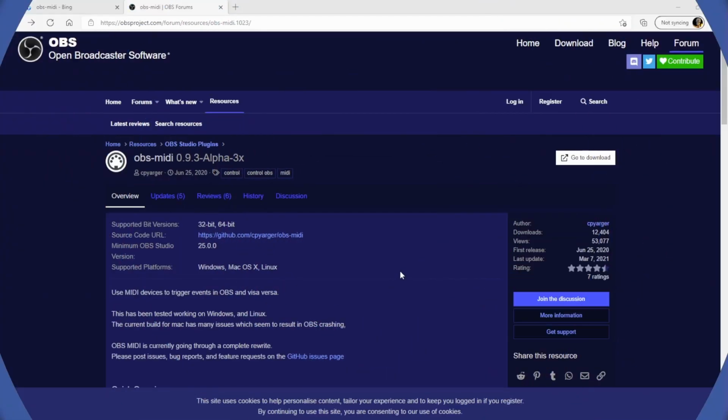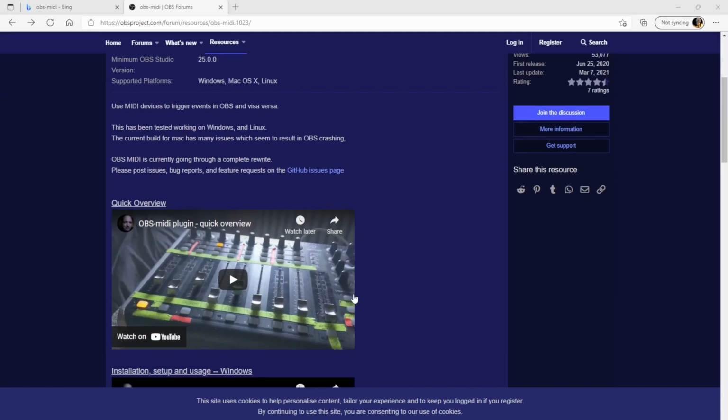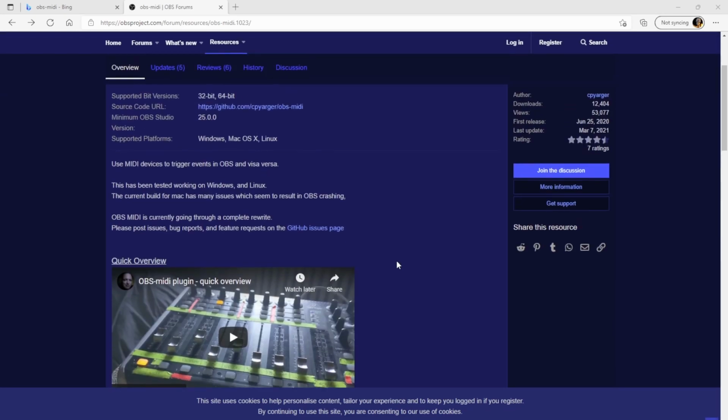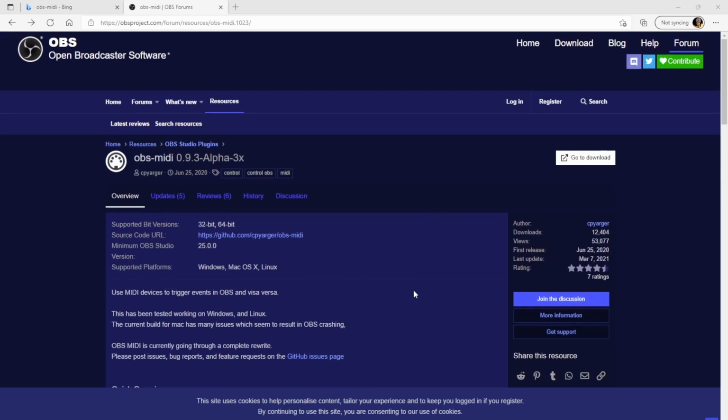So I went on the hunt and I found a plugin for OBS called OBS Midi. Okay, now here's the website. I'll put the link down in the description for you. All you need to do is go here. You can have a read. There's a bit of information. Apparently it works with lots of different interfaces, but I was really excited about it having access to the Atom because obviously I've got one. So anyway, go to the download page,